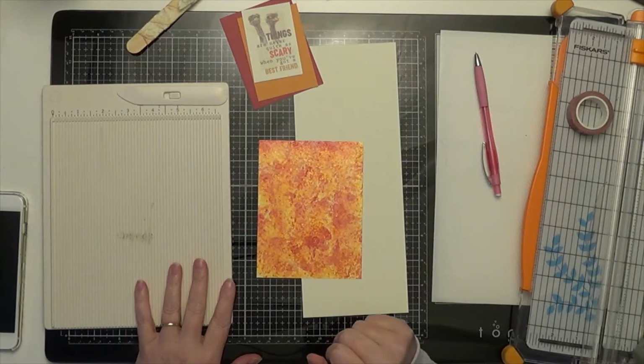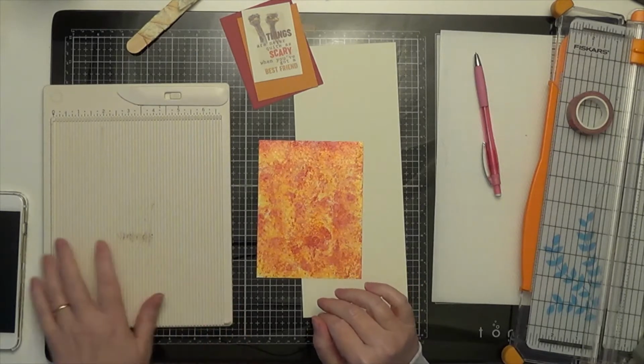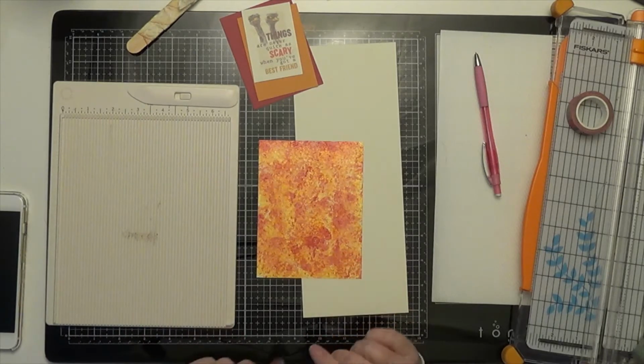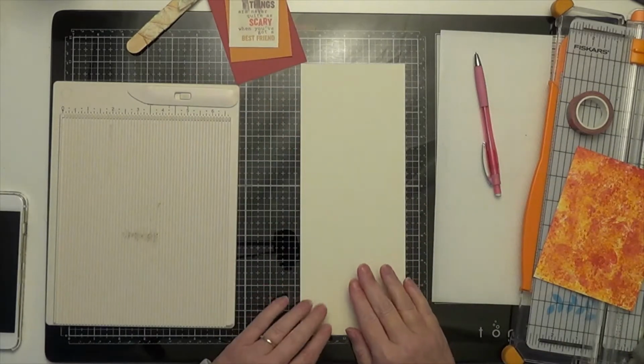Everybody, this is Cheri, djsundry.blogspot.com, and today we are going to make a quick card. I'm going to throw in a couple extra tips as I'm making the card of some things that I'm doing for the card. So the first tip is that I decided I wanted a cream background, and I did not